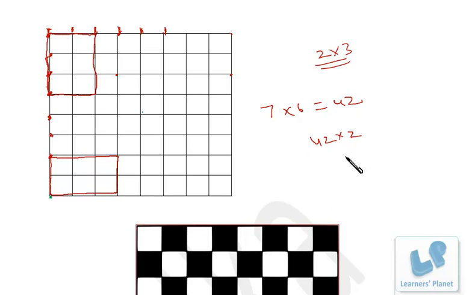So precisely what you are doing, you are making the first rectangle with the given dimensions. After that, find out the last rectangle, its initial point, and find out that number. That's it. I repeat it for maybe 2 by 4, say. Okay, we try to find out the number of rectangles having 2 by 4 dimensions.